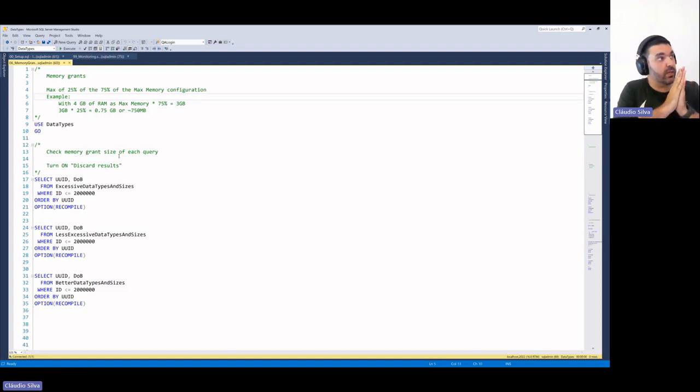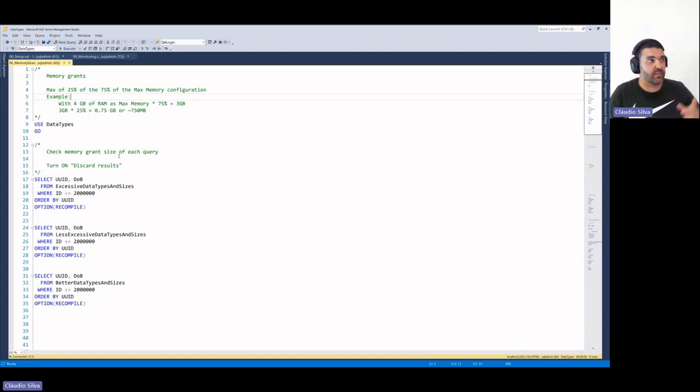First of all, SQL Server by default won't give 25%. This is more or less this value, okay? Because I have seen 25 to 30%, but 25% of 75% of the max memory that you have set on your SQL Server instance.